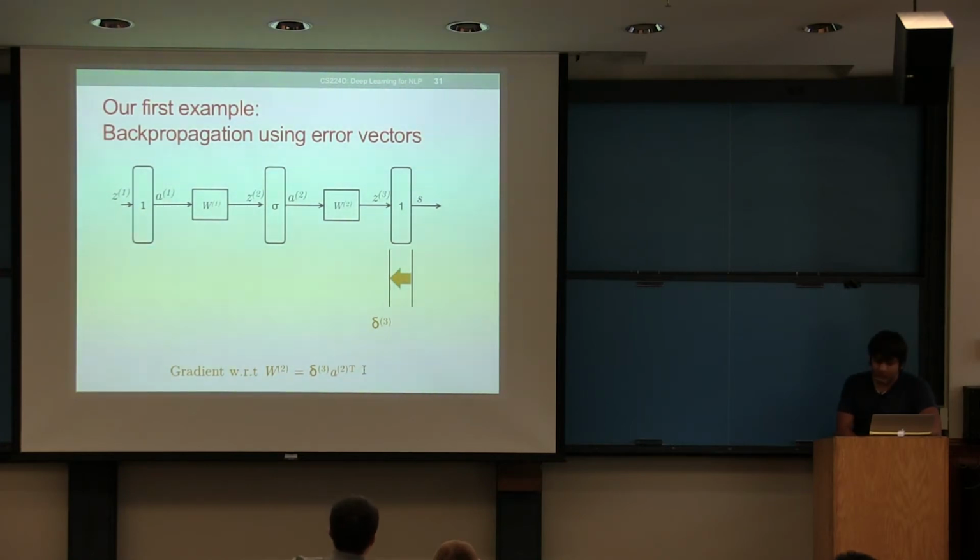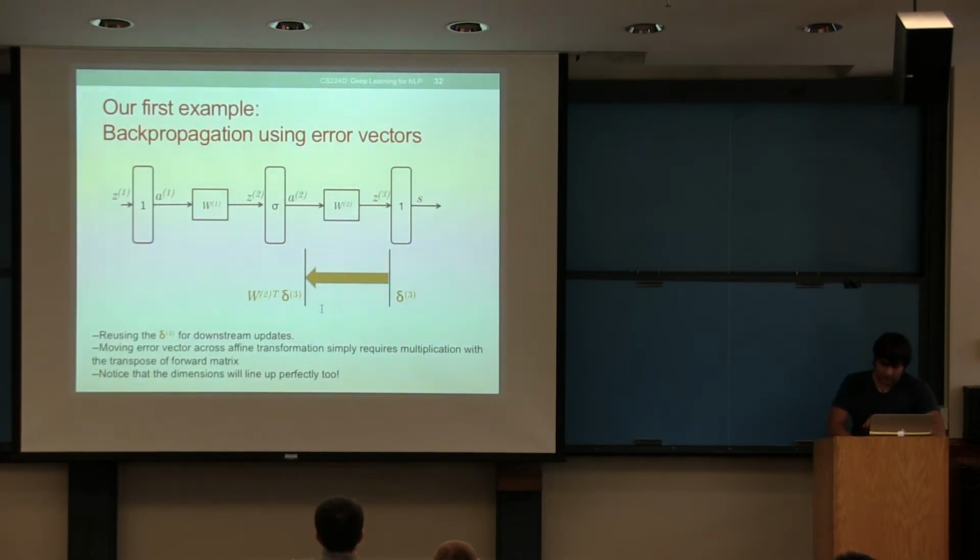We discussed exactly how to do this. And now I'm going to use this delta, which is why we keep emphasizing the use of delta. I'm going to reuse this delta 3 to calculate gradients downstream. So I'll move this delta 3 across this affine transformation using the W2 transpose. The W2 transpose comes into play because you are mapping backwards the error gradient. So if there's an error vector delta coming here, and we used W2A2 to generate Z3, now all we need to do is W2 transpose delta 3 in order to move the error across the matrix at this point.